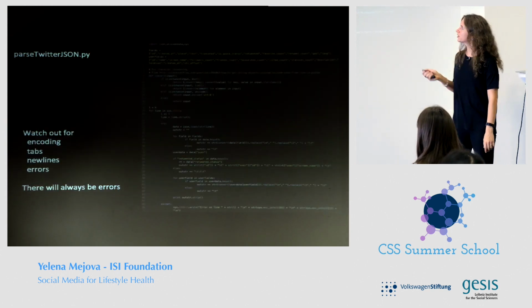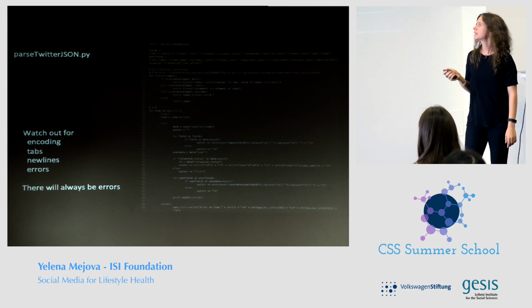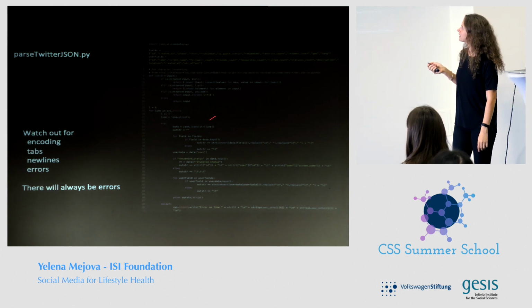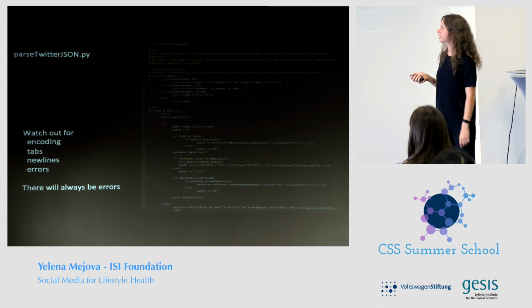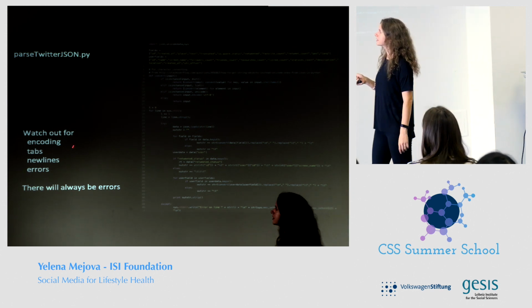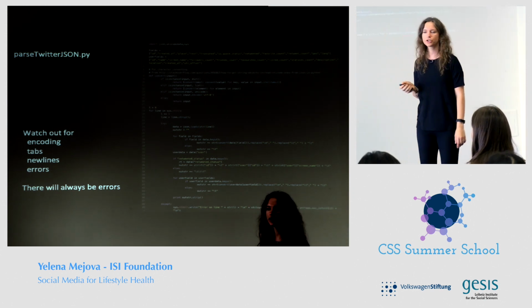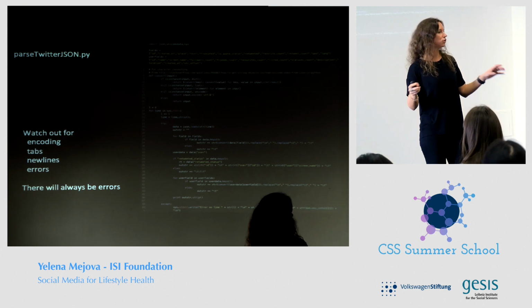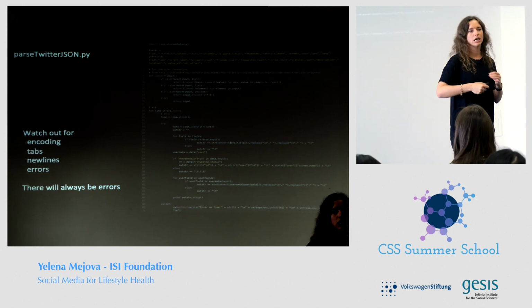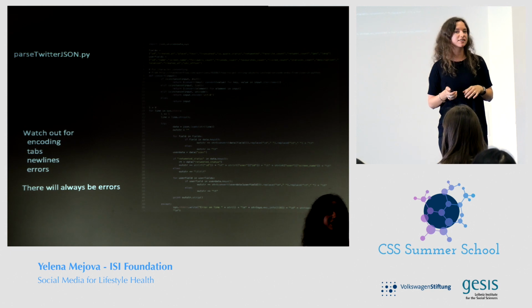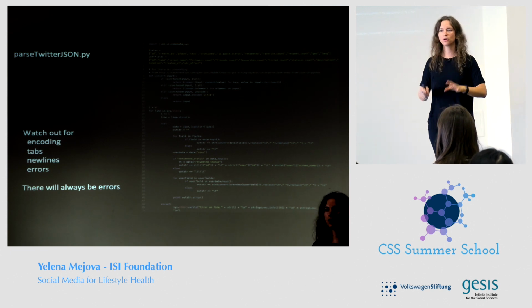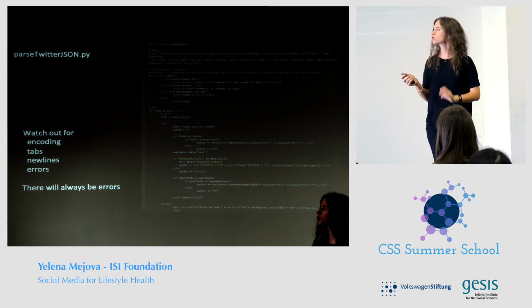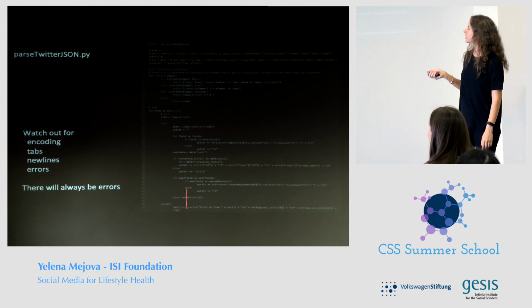So for example, then I might want to parse it. It's maybe not so interesting to look at my fancy for loop, but the thing is, when you're working with real world data, when you're downloading things, when you're getting character encodings and stuff, things will go wrong no matter what, right? So I would suggest write your code